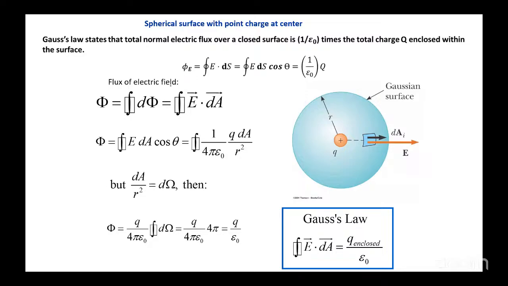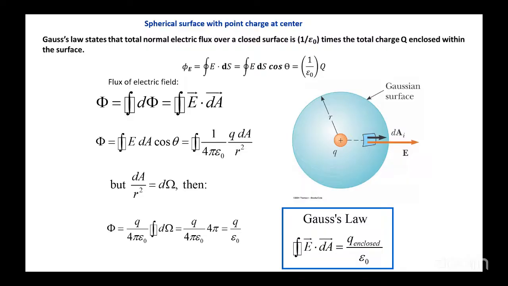Next is Gauss law of electrostatics. This is a very, very important one. Gauss law of electrostatics states that the normal electric flux over any closed surface is always equal to 1 by epsilon naught times